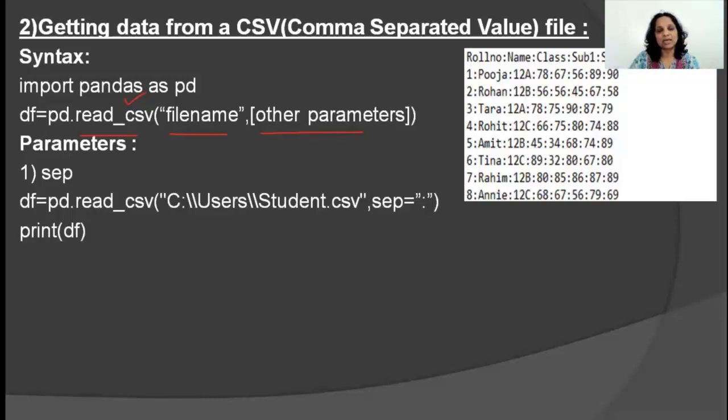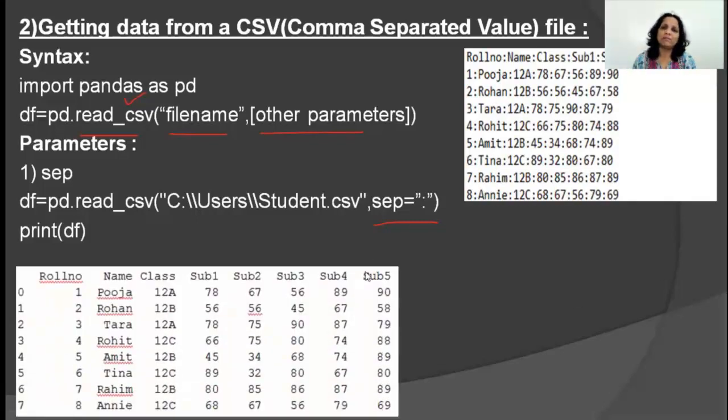Then in that scenario, I need to make use of the sep parameter to specify that this particular CSV file from where you wish to read the data is using colon for separation and not comma. Okay, but finally, when it comes into the data frame, it's going to look the same. First line is the column names. It automatically gets index labels, and the data has come into your data frame. Clear?